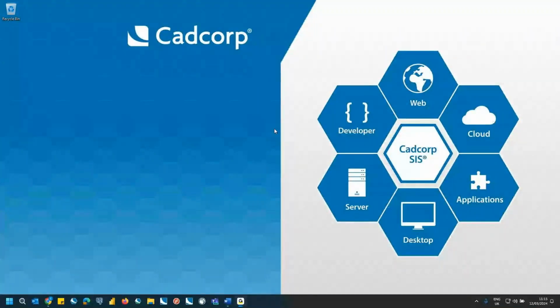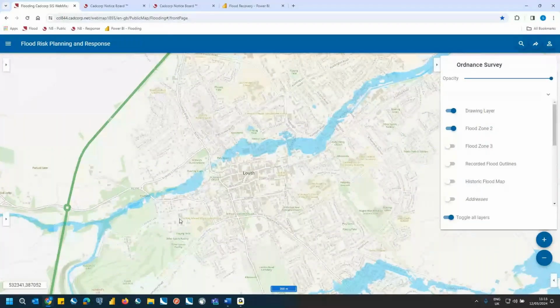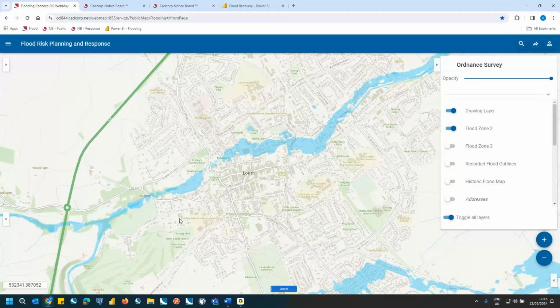Great. So yeah, as Demelza described, I'm going to show you some ideas on how web mapping can be used to identify, communicate, and mitigate those flood related challenges. So to get the ball rolling, web mapping can help us visualize flood-prone areas and enable us to assess the potential vulnerability to people and